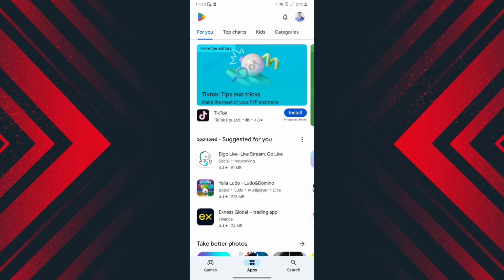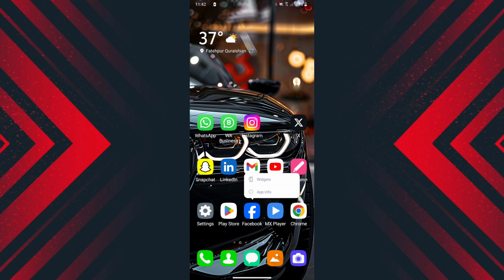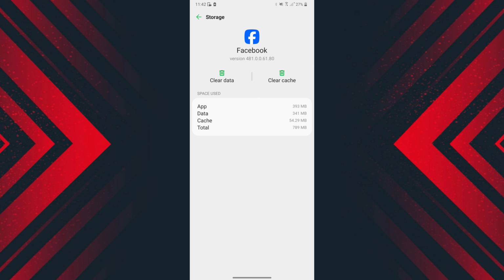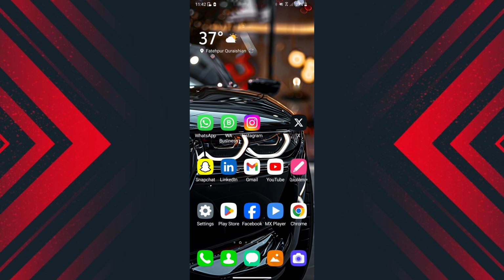The main thing you do, click on Facebook app info. Now you have to click on storage. You have to clear cache. After clearing cache and updating the app to the latest version, your problem will be